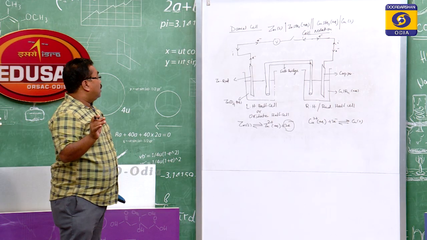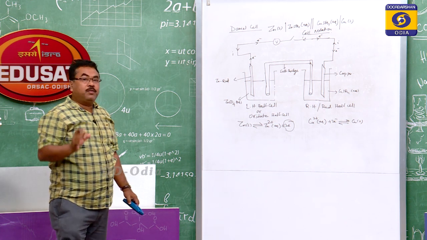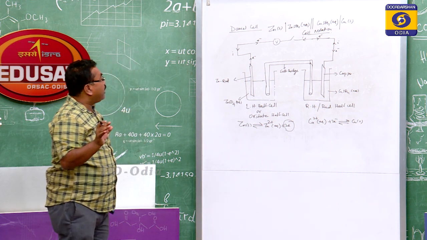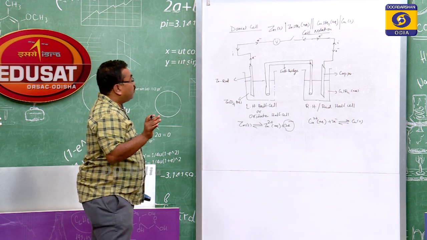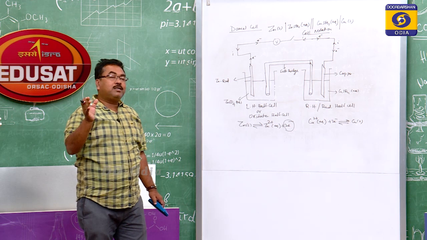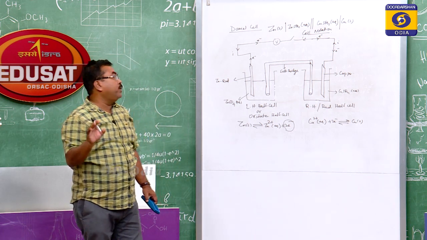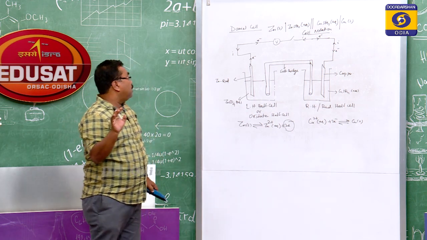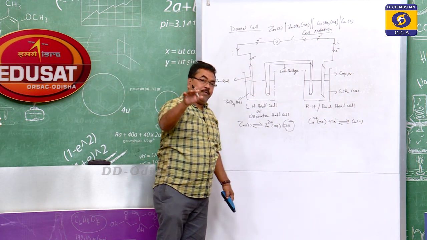Now we shall know the other outcome of this operation. We can test the reversible nature of this galvanic cell. How can you test it? That means whether it will be a reversible cell or not. This is known as reversibility in the thermodynamic sense. In order to test the reversibility of any electrochemical cell, what shall we do? We shall externally connect this cell with an external EMF.